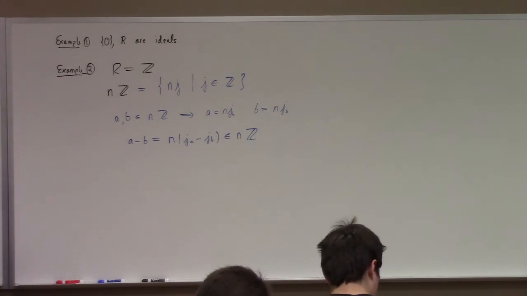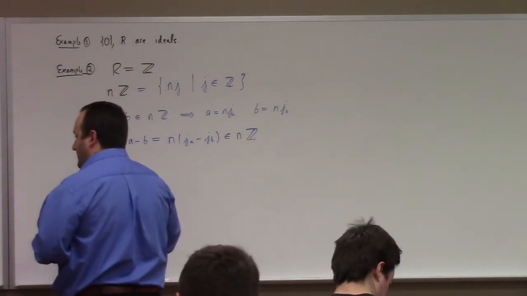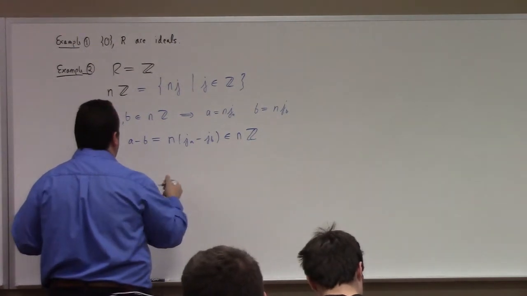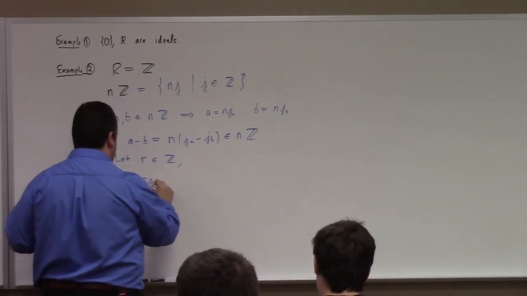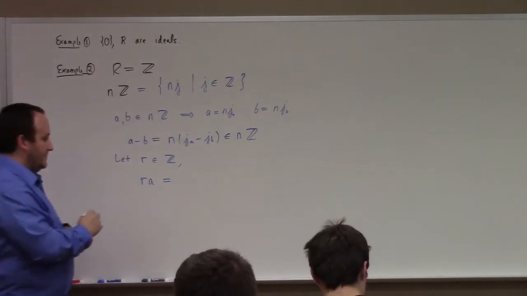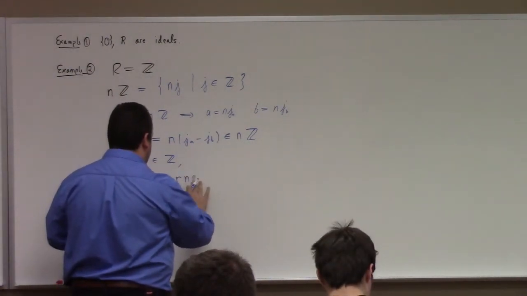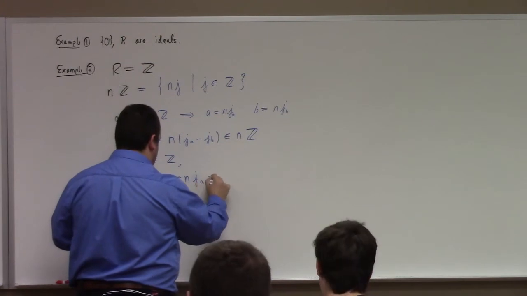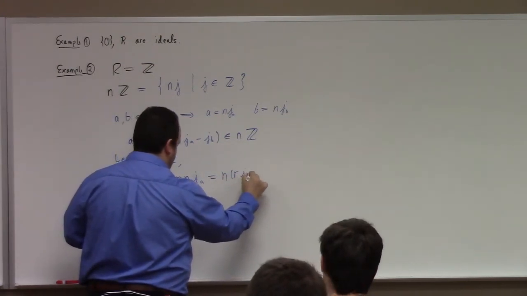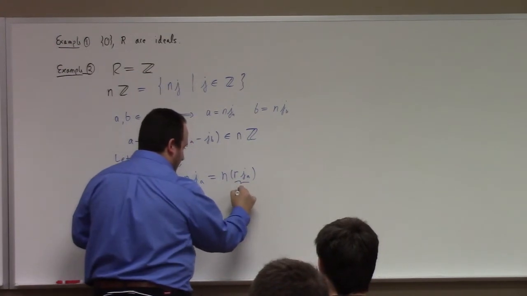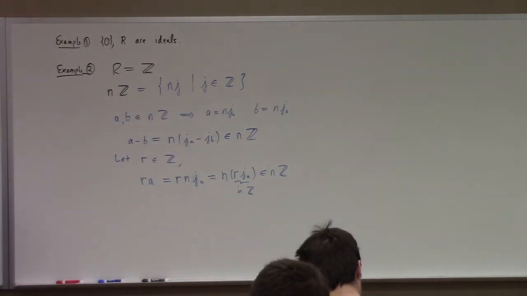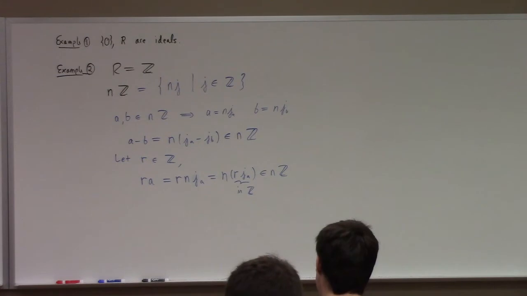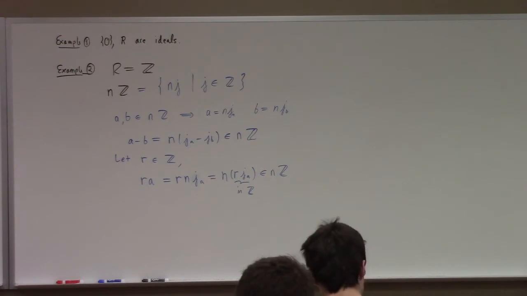And then here's the thing that is kind of foreign to our experience. We take anything in any integer, right? Let r be an element of Z. And if we consider ra, what do we get? We get r times n times j sub a, which is n times r times j sub a. Of course, this is in Z, so that's an element of nZ. So yeah, nZ is an ideal